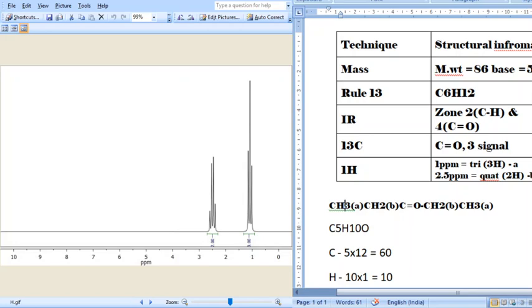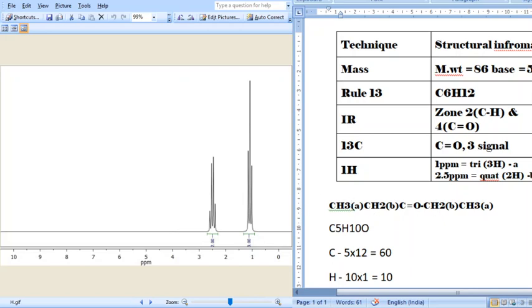And therefore this is 3. If you multiply it by 3 by 2, then you get 6. The exact ratio is 2:3, but actual hydrogens are 4 and 6. These 2 hydrogens have a lower shift because they are far away from the carbonyl group. You can see this CH2 splits into 4 because of the CH3. By the n+1 formula there are 3 neighbors, and therefore it is a quartet. All exactly match.